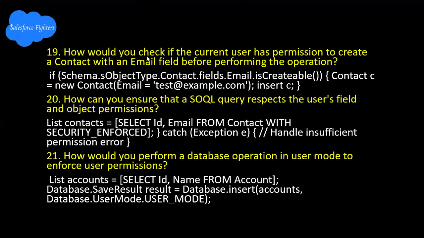Next question: how would you check if the current user has permission to create a contact with the email field before performing the operation? If Schema.sObjectType.Contact.fields.Email.isCreateable(), Contact c = new Contact(Email = 'text'); insert c;